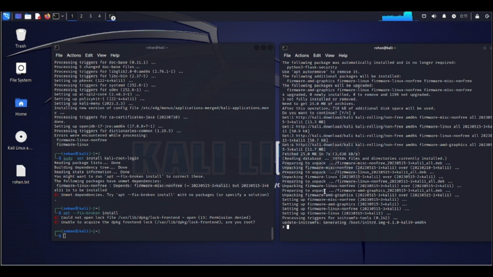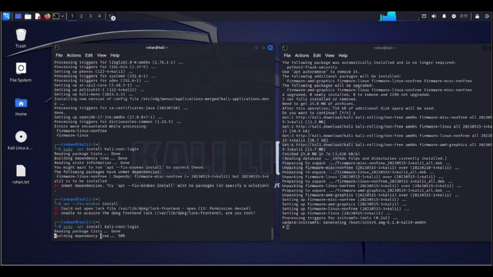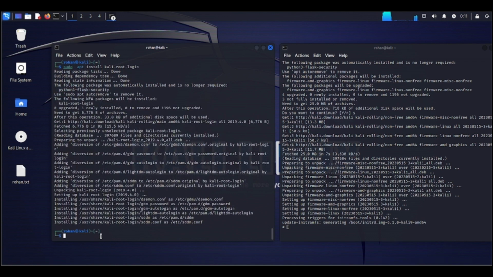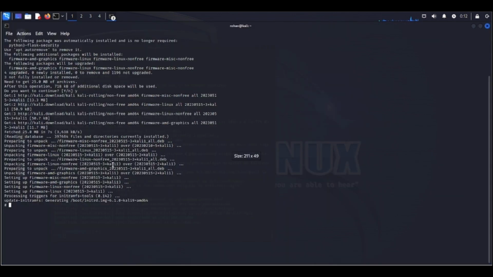and go to previous terminal and type here apt install kali-root-login. Now you can see it's working and installing all of my packages. Now it's okay. Now forward to next step,